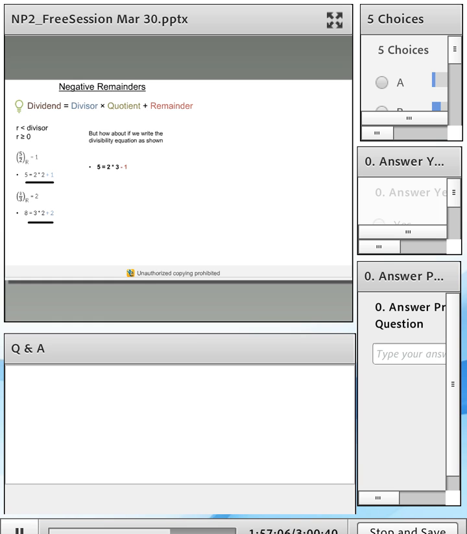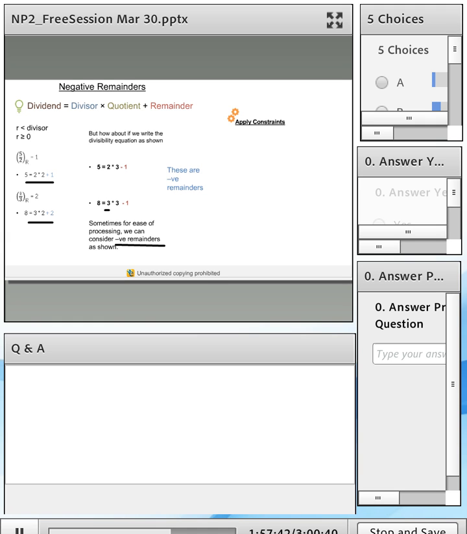How about you wrote 5 as 2 times 3 minus 1? You're not writing it as 2 times 2, which is 4, plus 1. You're writing it as 2 times 3, 6, minus 1. And how about you wrote 8 as 9 minus 1? That is 3 times 3, the divisor is 3, 3 times 3 minus 1. In this case, what you're seeing is you can definitely do that. And sometimes for ease of processing, we can consider negative remainders. Okay. And we'll solve certain questions in which you'll apply the same thing.